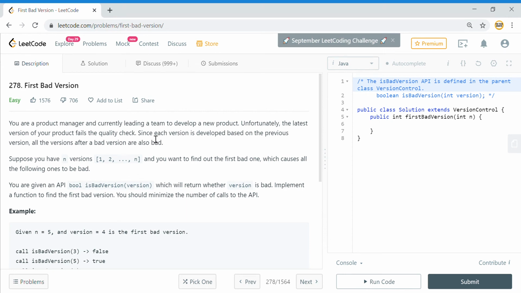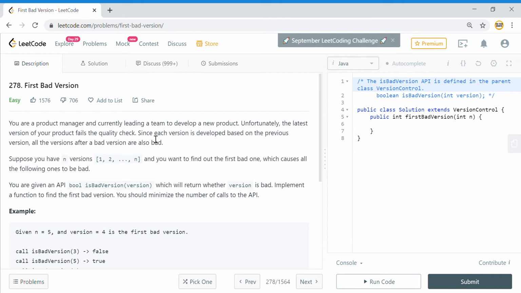So today we'll solve First Bad Version, and this problem is practically a bad way of saying you do binary search. That's it. That's the solution for you. If you have gone through the problem and it did not click for you, just go ahead, do a binary search and try to solve the problem yourself. And if you are facing any issue, you can come back to the video.